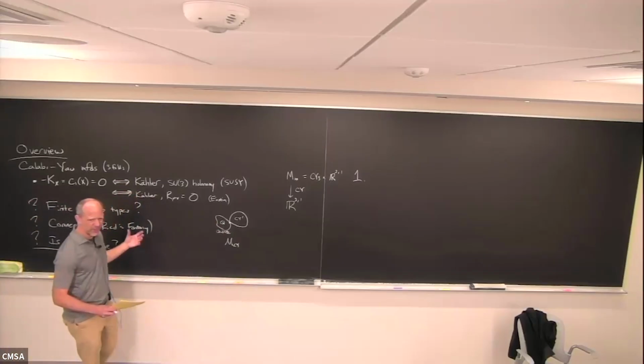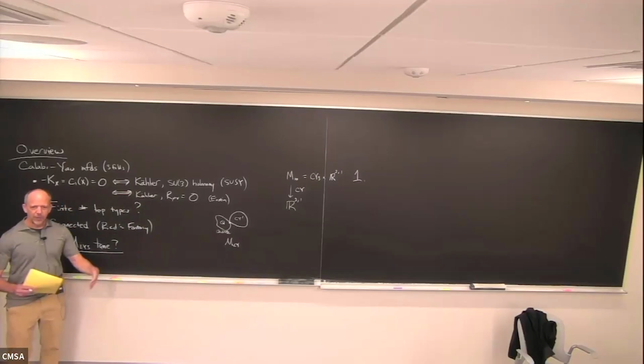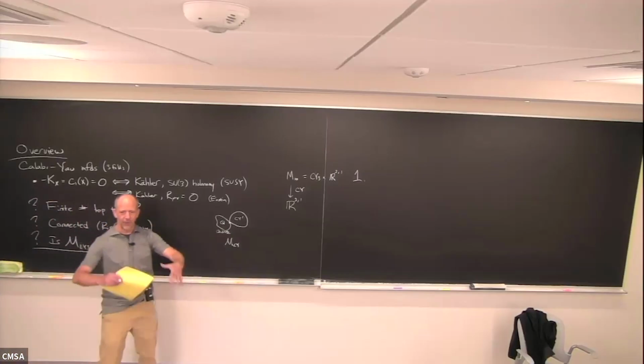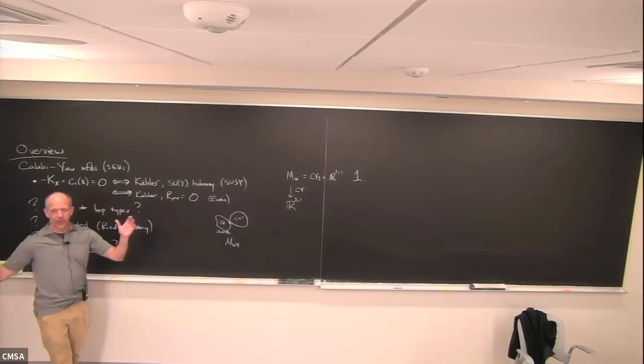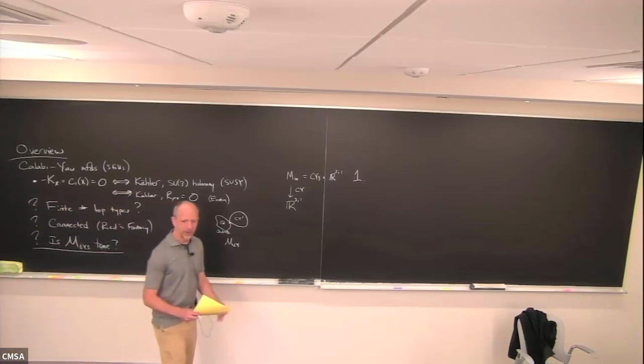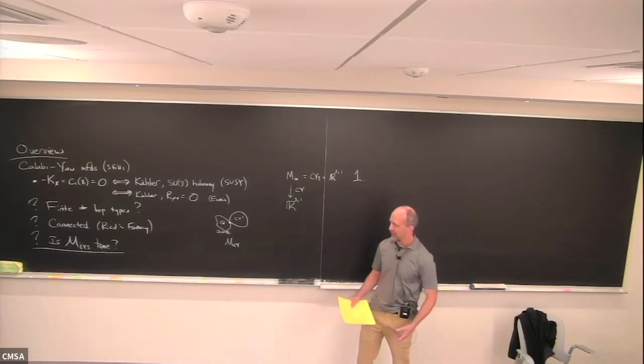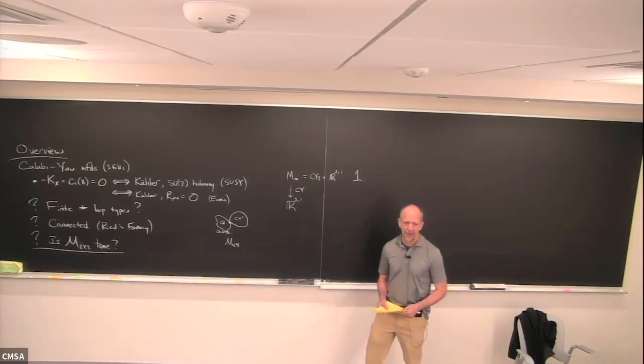So the question is, it's a very concrete question, are there a finite number of topological types? Very concrete question, is it connected? And one could imagine, is it tame? Is there some way of defining this moduli space as a variety in some huge dimensional projective space, which could be controlled by a finite number of polynomials in a well-defined way? That would be even a step beyond Reid's fantasy and the finiteness.